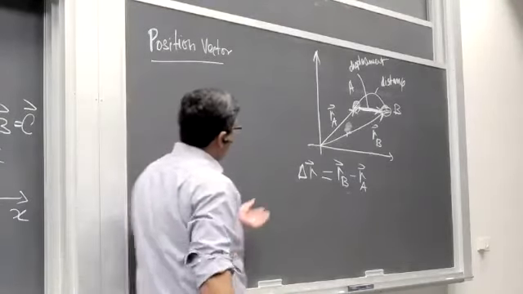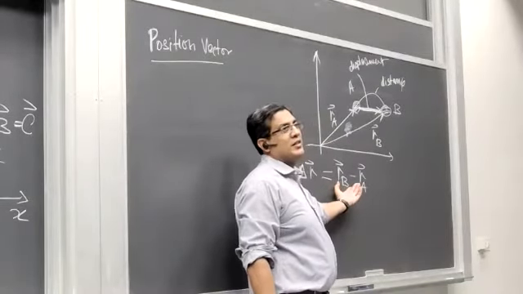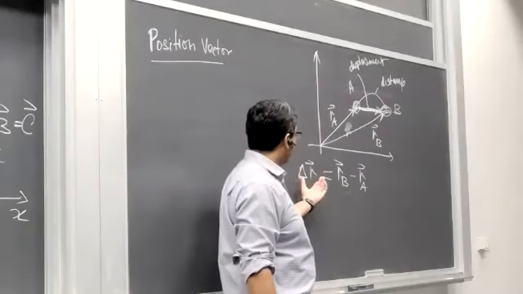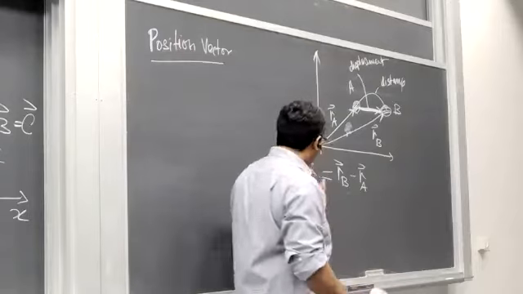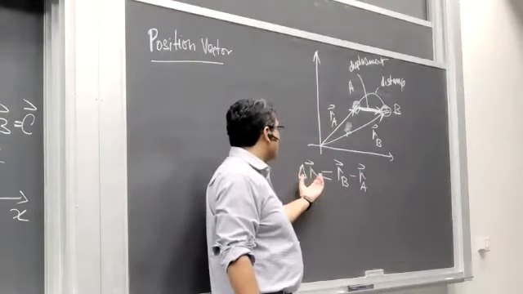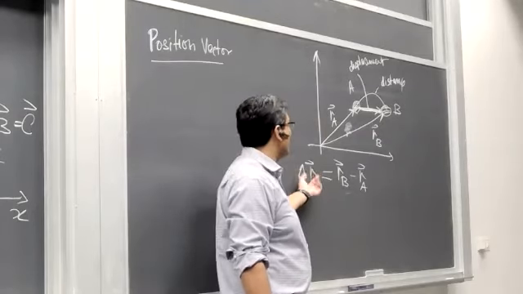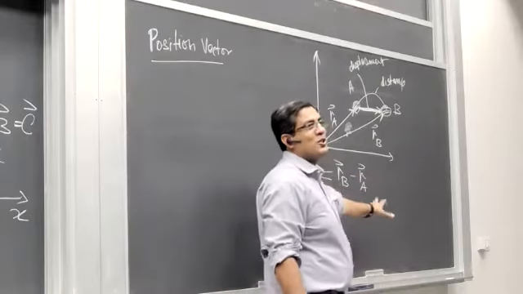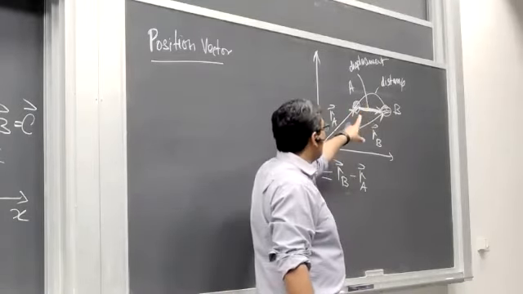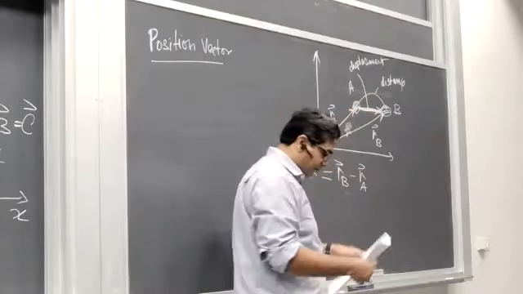So this is understood, displacement is nothing but the change in the position vector. Okay, that's the displacement. And this displacement, which is a vector itself, doesn't have to be attached to the origin of the coordinate system. The very definition of the position vector is that it's a vector pointing to where the object is from the origin. Okay.